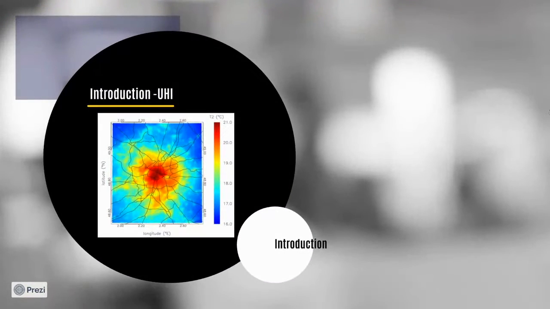First, a brief introduction to the urban heat island. Recently, the urban heat island phenomenon is considered to be one of the main problems facing human beings, which is associated with urban growth and expansions in the cities. That's why most of the researchers focus on the urban heat island topic and the temperature variations due to several factors. Let us begin by defining the main terms in this presentation.